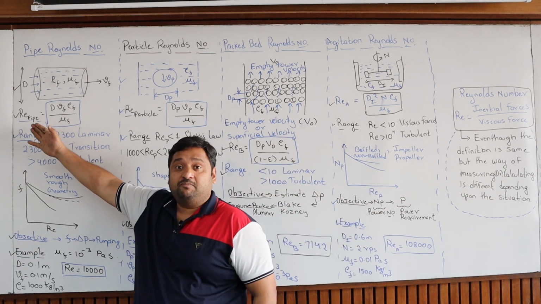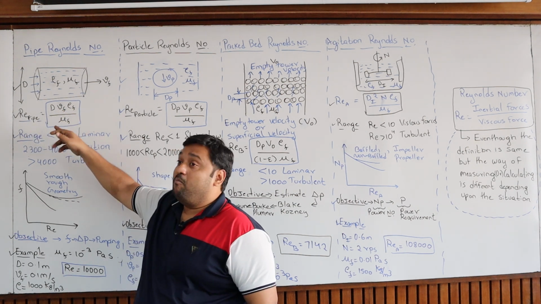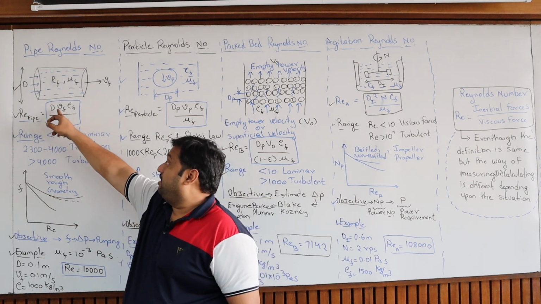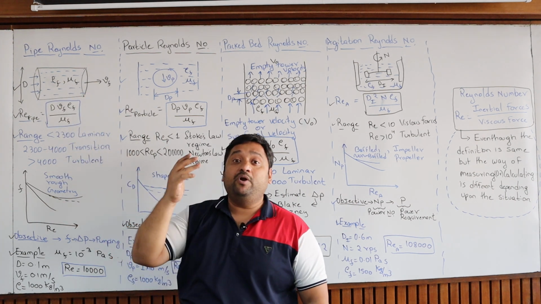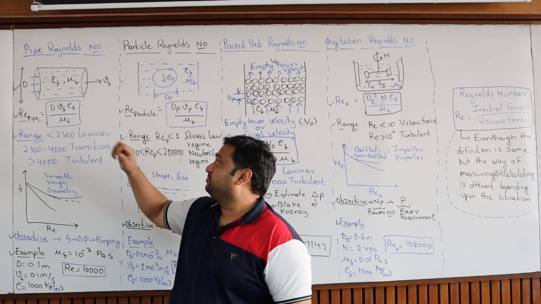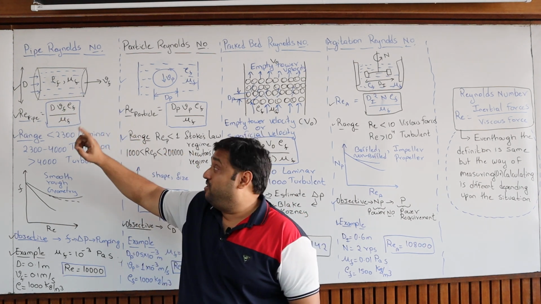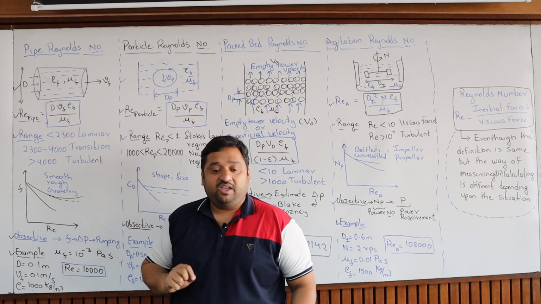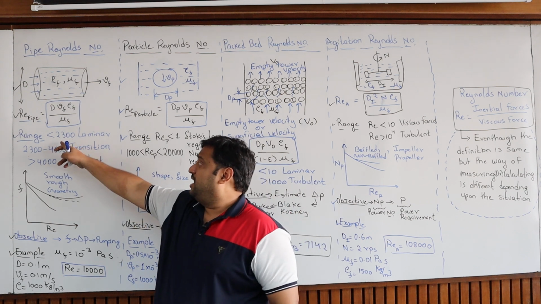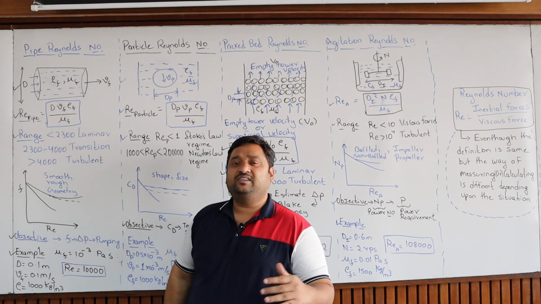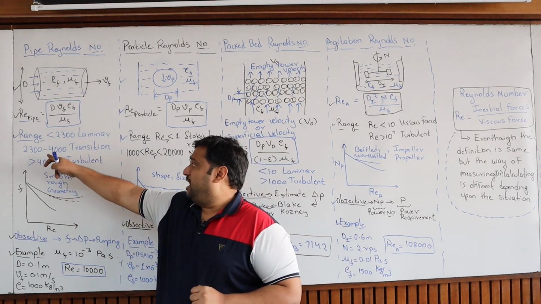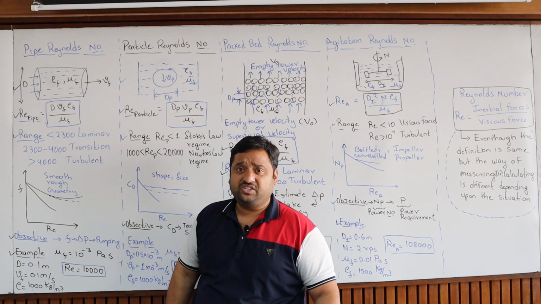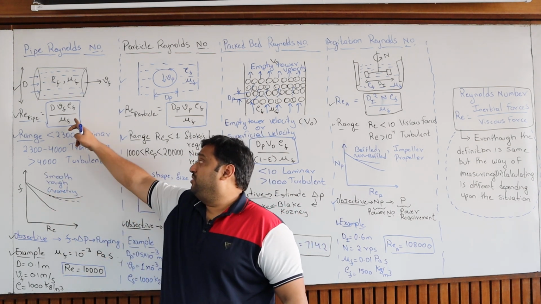So what is the pipe Reynolds number definition? d V rho by mu. Here d is the diameter of the pipe, Vf is the velocity of the fluid flowing inside the pipe, rho f is the density of the fluid and mu f is the viscosity of the fluid. So what is the range? For a smooth pipe, less than 2300 is laminar flow, the transition region is 2300 to 4000, and if you get greater than 4000,